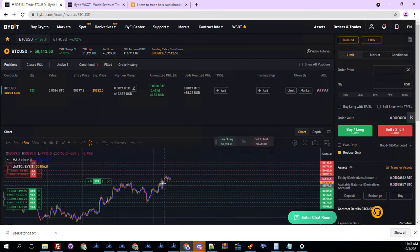So I'm not going to chase this. If it goes up, I'll continue releasing my positions and selling out, leave 20% back, and if it does crash back down, we'll go ahead and fill and repeat the process. All right,